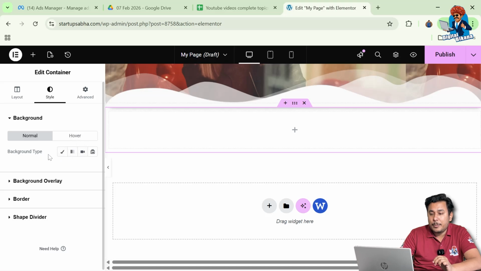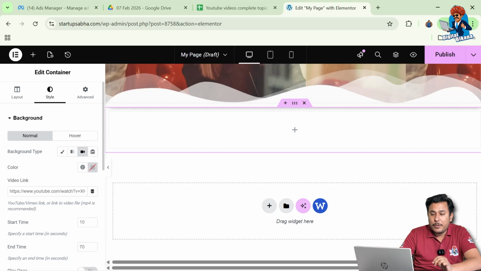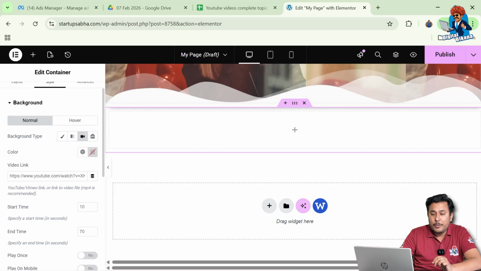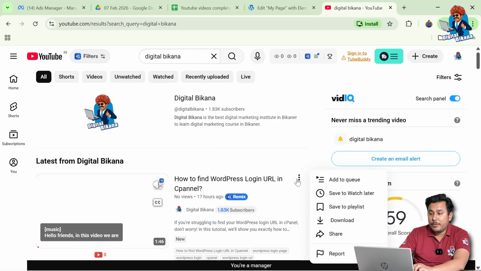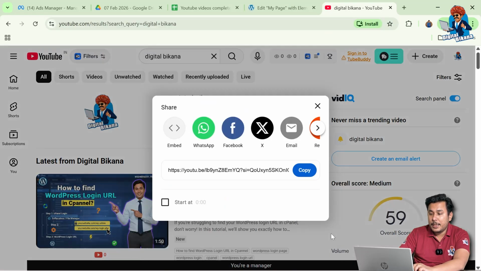Here it is asking us about the background type, whether you want to select classic, gradient, video or image slideshow. So we are going to select the video as of now. Here it is asking us about the video link, right? So let me add a video link. For example, I just want to add this video, so I have clicked on triple dot and then share and